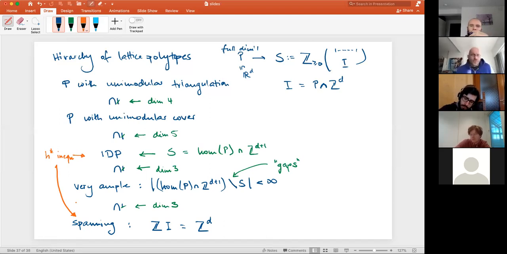That's one thing. And the other interesting thing is about non-spanning polytopes, and this is what this project is about. A non-spanning polytope, that means